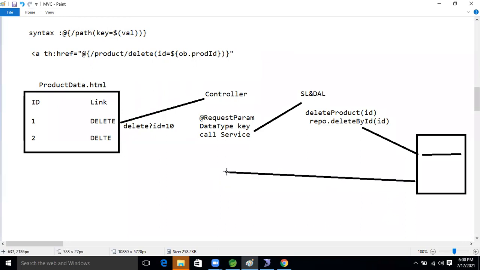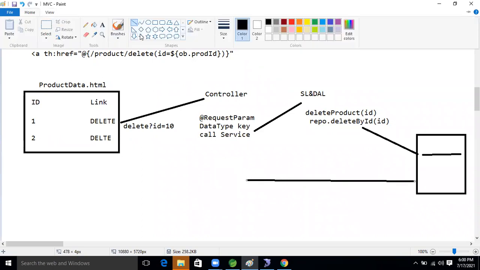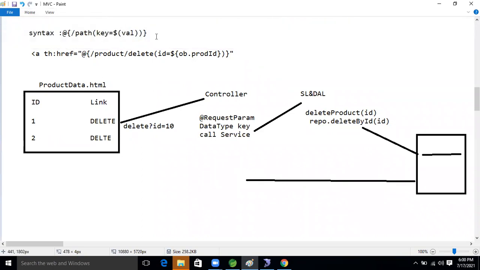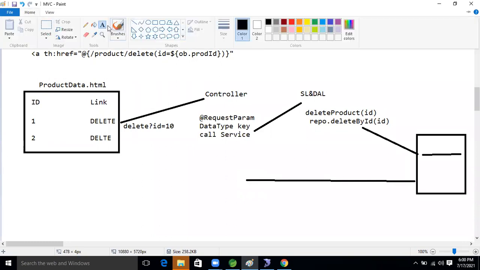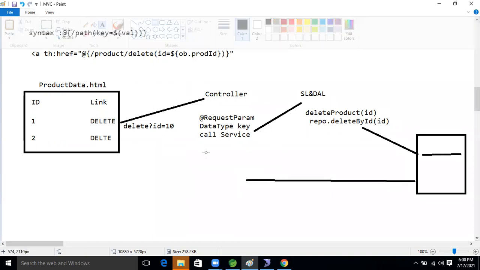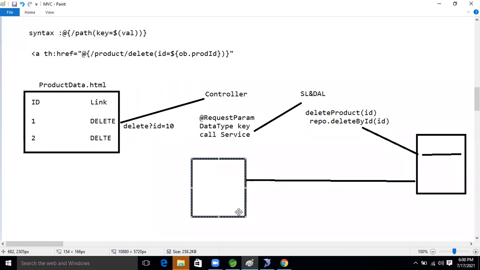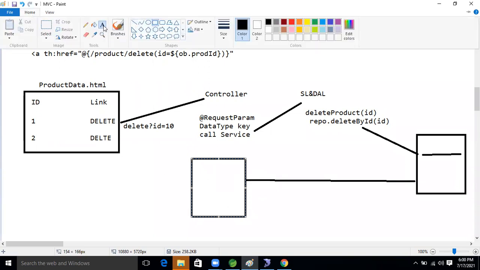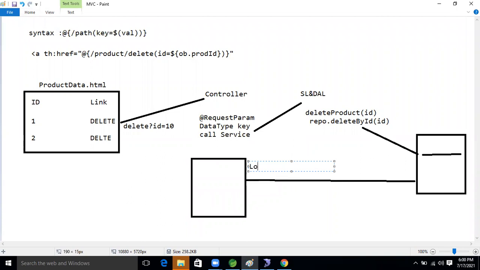In the controller class, after deleting the record, we will load the new data. After that, we will send the message.